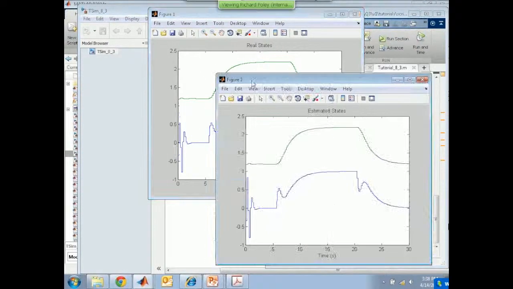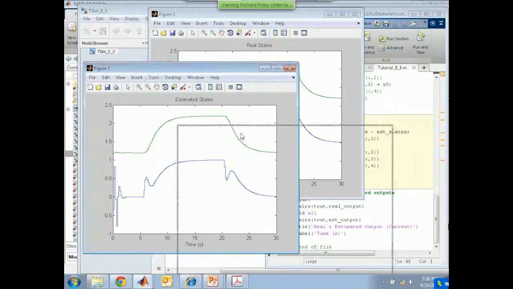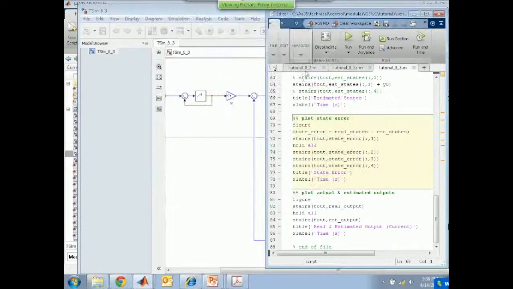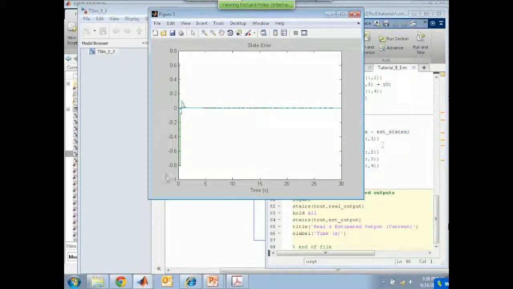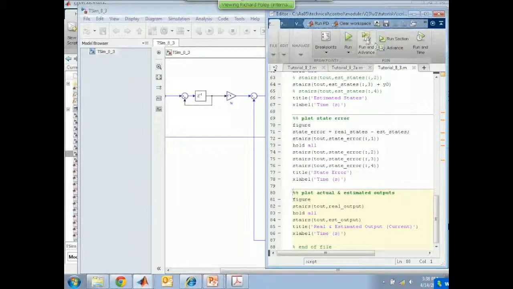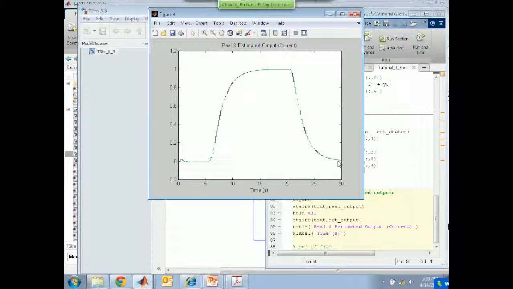The estimated and the real states are still similar. There's no apparent difference from what we had before. And if I plot the error, the only difference between this and what you had before is actually this error is smaller than it was before. It's hard to see here, but I think I can show you if I look at the outputs, because you may have noticed before that there was some visible difference between the green and the blue, and it's a lot smaller now. And that's really where you win with the current estimator. It gets rid of the initial estimate error much faster. That's the principal advantage of using the current estimator.